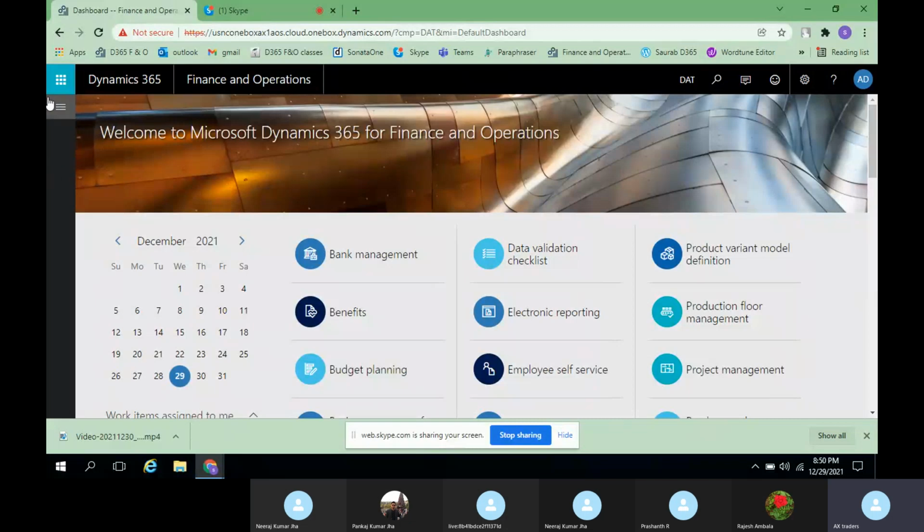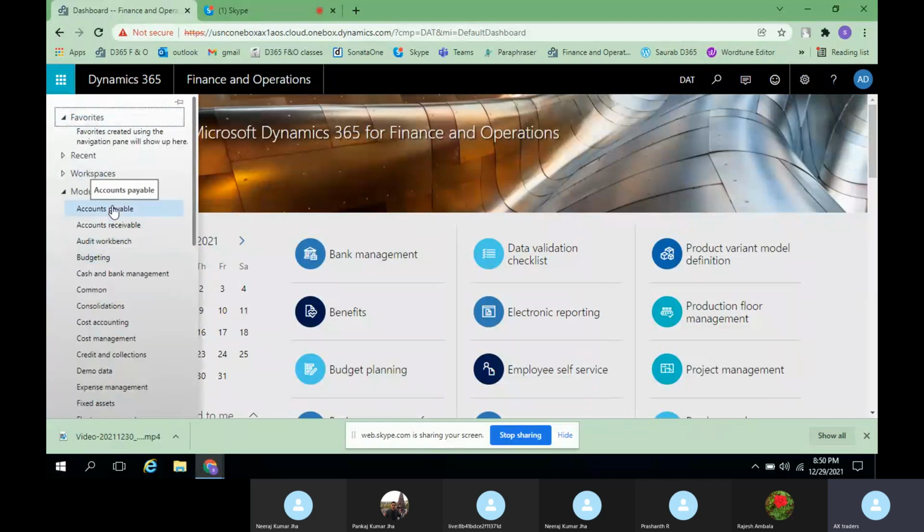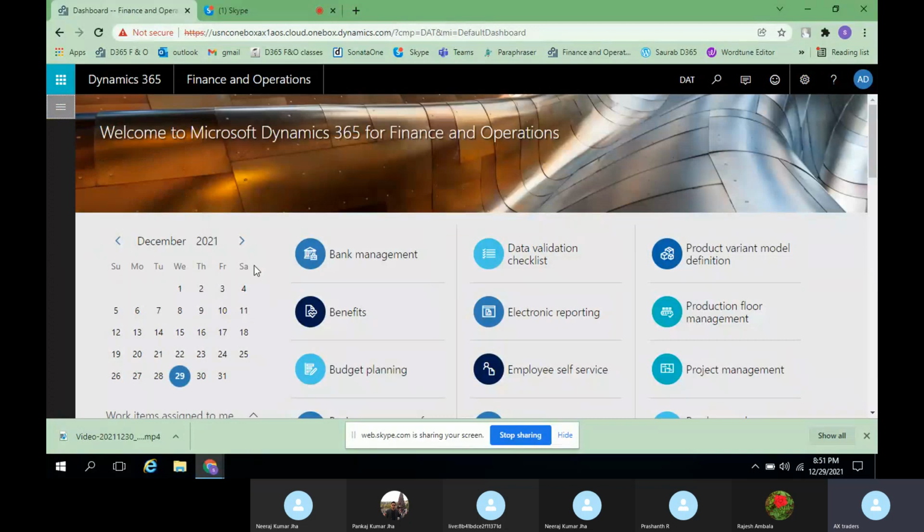Every business will have all these activities, but among these modules there will be some specific activities. For example, one customer will be dealing only with invoices or customer receipts and all. So depending on their requirement they can customize this workspace.